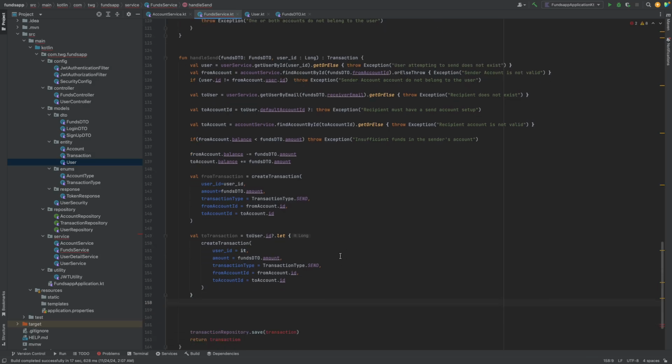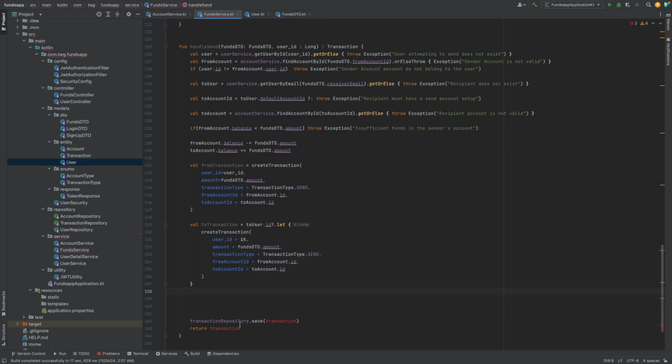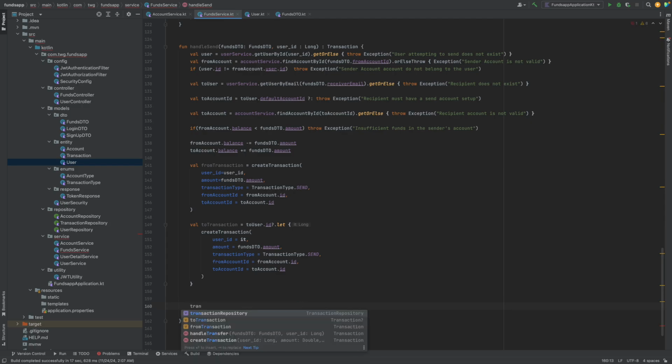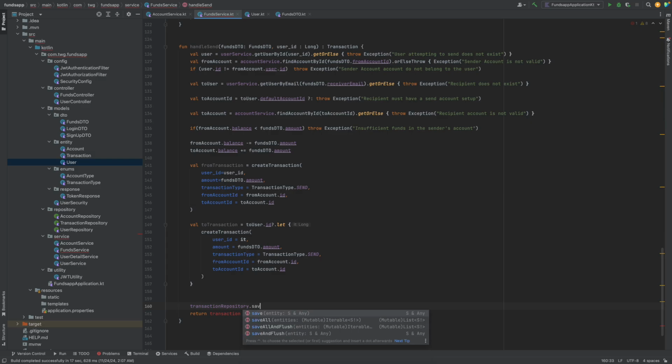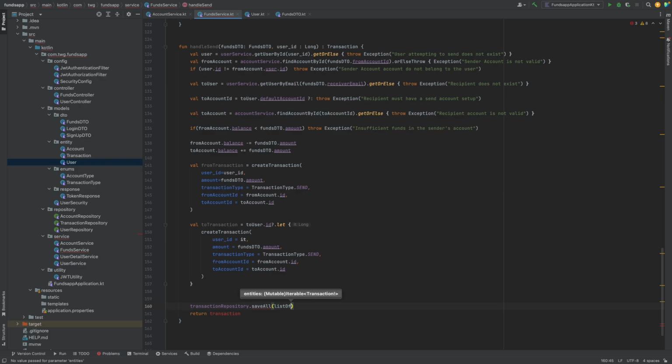Now, after that, now that we have both of the transactions and we did the logic for the accounts, we're going to have to save those changes. So we're going to have to make multiple saves for multiple entities. So we're going to need multiple saves for a transaction, and we're going to need multiple saves for accounts. We can utilize the save all, right? So I can do transaction repository, since we already have direct access to the transaction repository because we don't have a transaction service. You could create one if you want to, but what I'm going to do is transaction repository dot save all, and I'm going to provide it a list of from